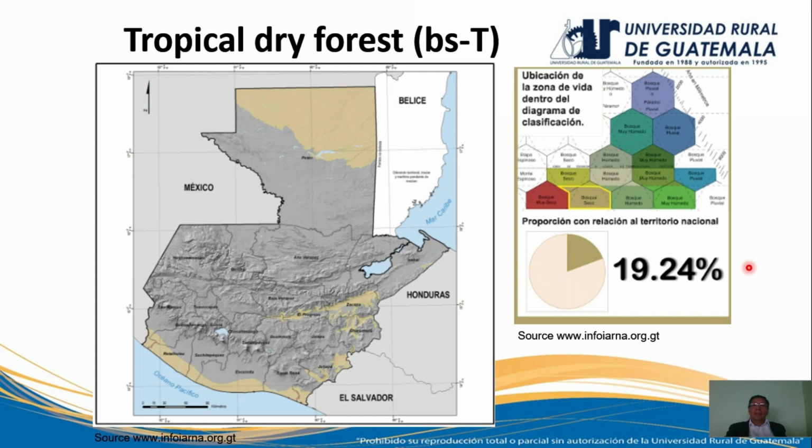So we can see that it covers part of the department of Petén, El Progreso, Zacapa, Chiquimula, Retalhuleu, Suchitepéquez, Escuintla, Santa Rosa,